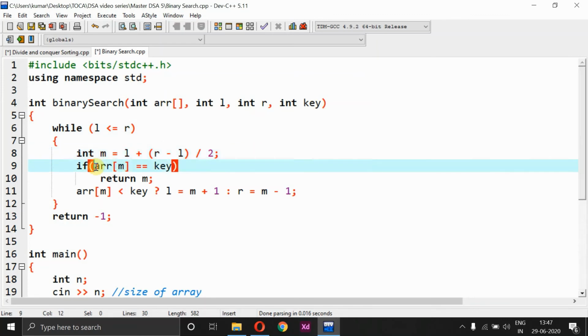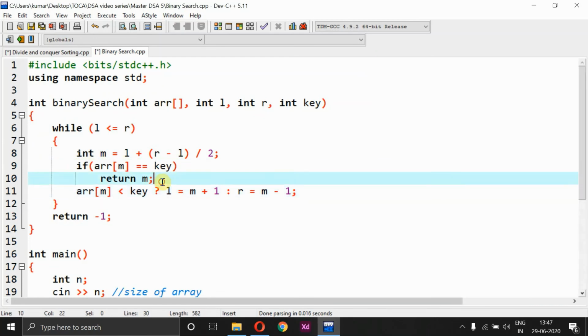After that I'll just check with that value. If the array element at that pivot, that middle element, is equal to the key value which I am about to find, then I'll return the M value itself, and stop. And in this case, if it works for the very first case itself, my time complexity is going to be O of 1, right? Now if this condition is false,